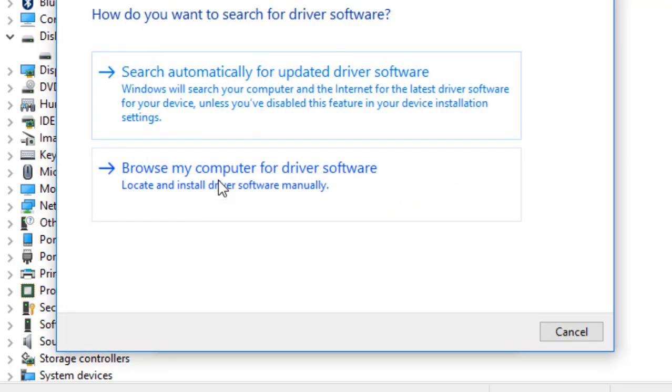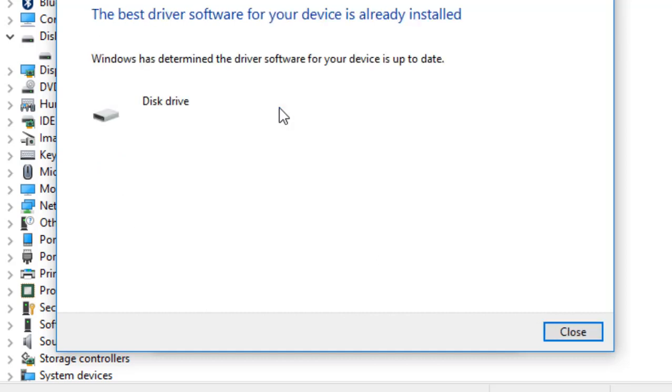You click on update. Maybe you have the setup in your system. If you have it, you can just search it or browse it on your computer here. But if you have network, you can go and search it online. So for me now, I want to search it online. So as you can see,